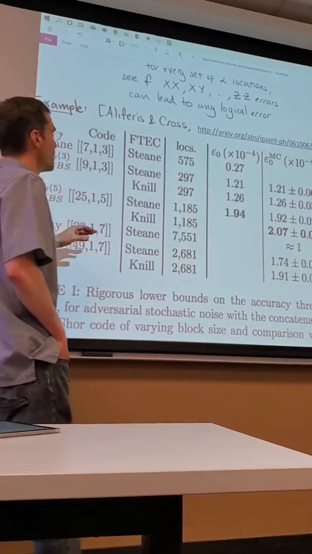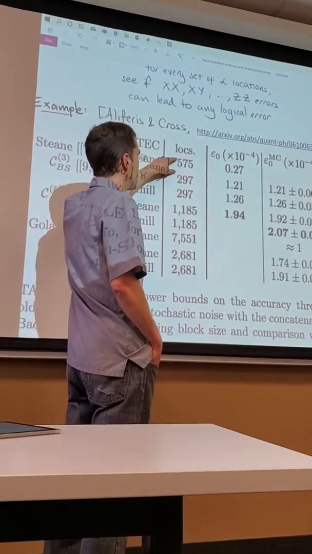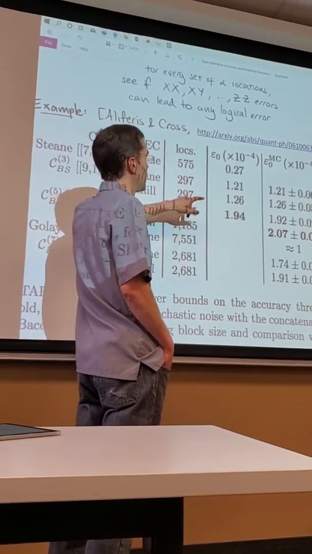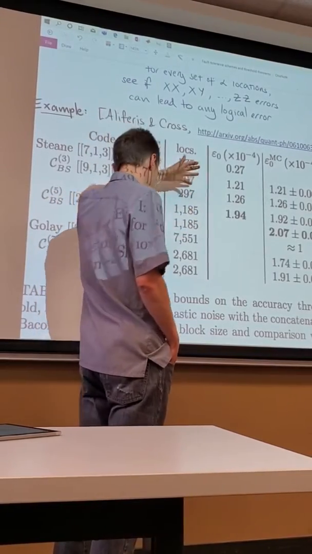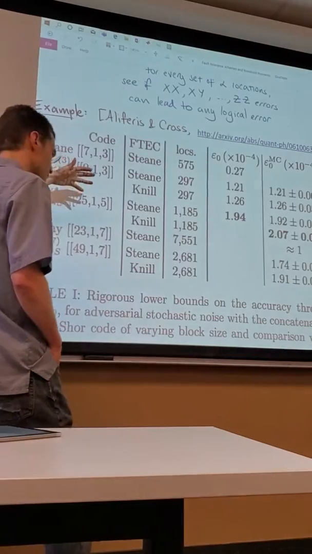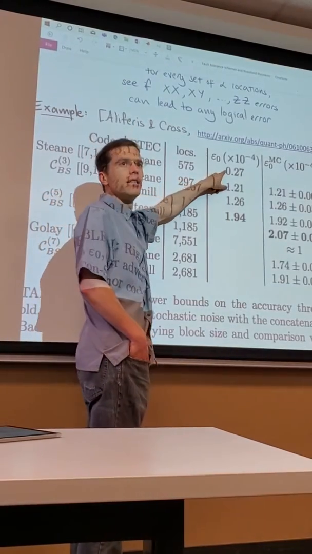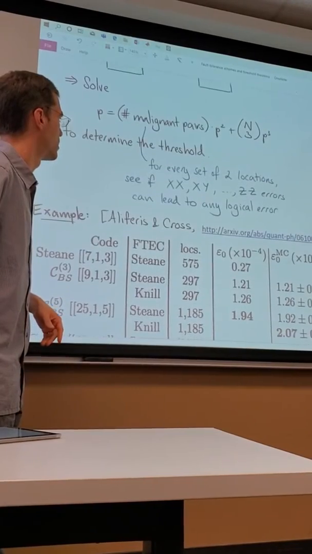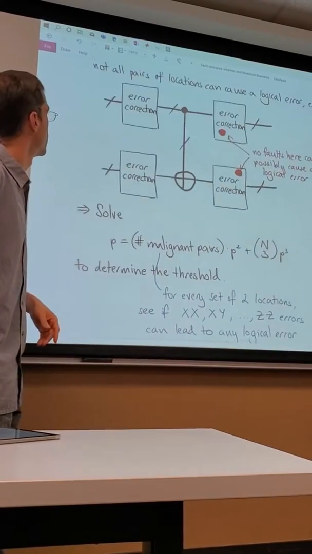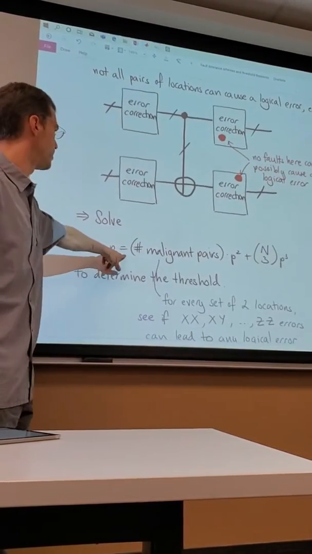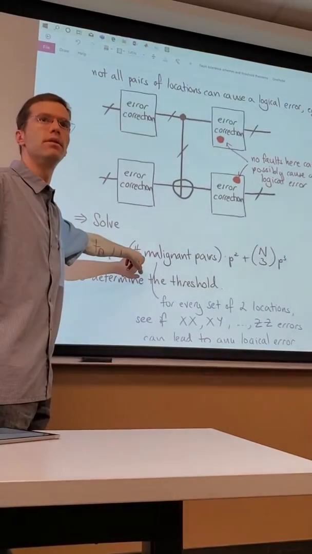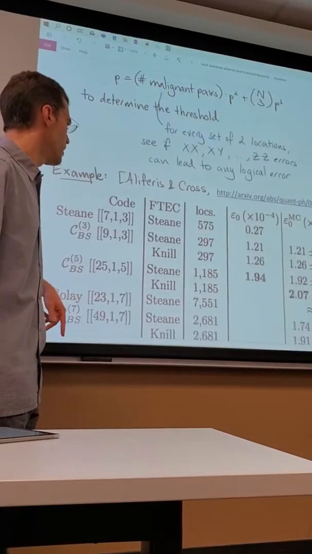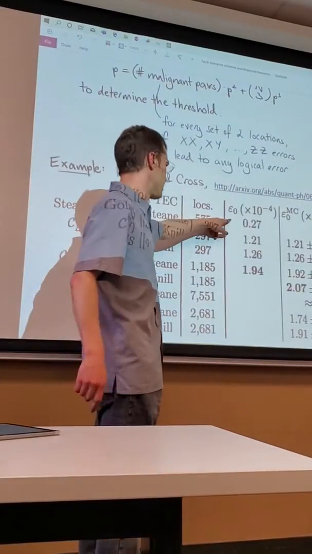All right, and one of our entries would be a conservative bound. What they've done here is they've counted at least malignant pairs, maybe malignant triples, I think just malignant pairs, to get the bound, where you set p equal to this number here. Okay, and so these are lower bounds.